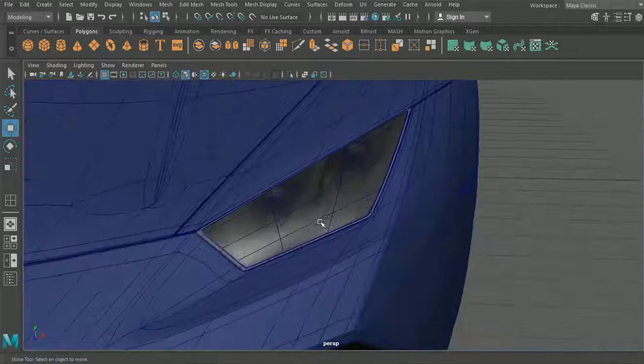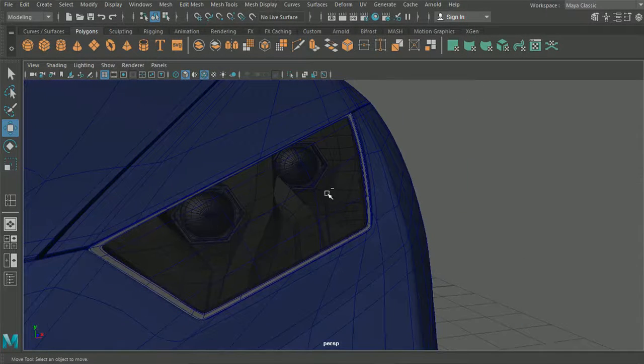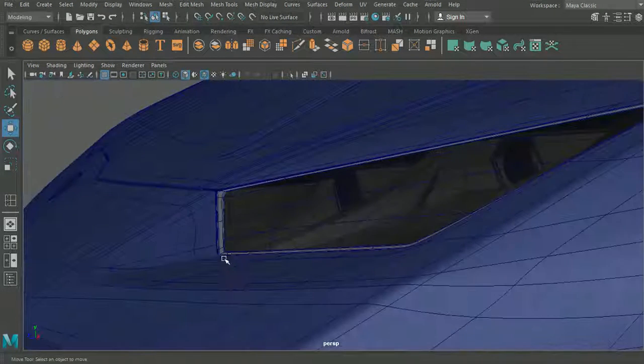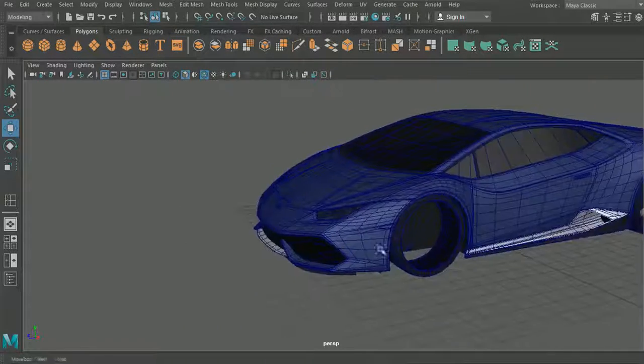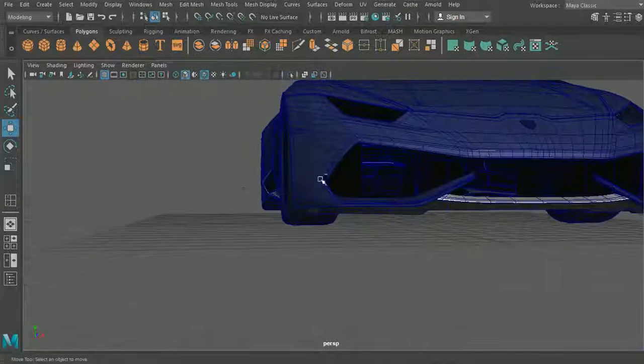So like I said, in between this episode and the next, I'm going to merge all the sections inside together, just smooth the geometry a little bit, extract the actual LED faces from the rear section, and then in the next episode we will move around to do the rear. Okay guys,